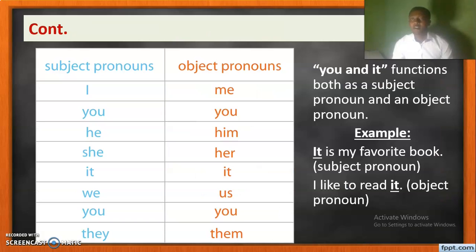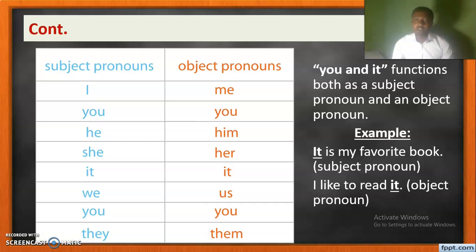And this is how you can make them. I becomes me, you stays the same, you. He becomes him, she becomes her, it stays the same, it. We becomes us, you stays the same in the plural form again, you. They becomes them. So don't forget again, you and it function both as a subject pronoun and an object